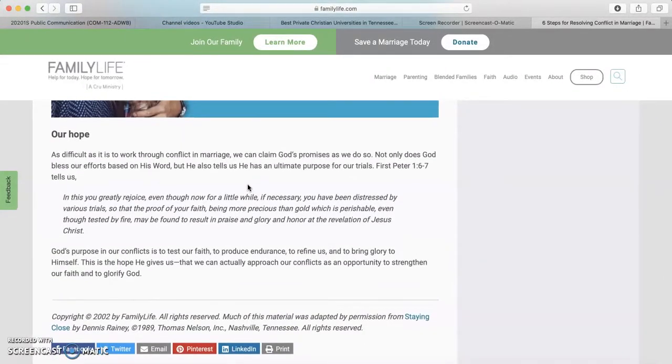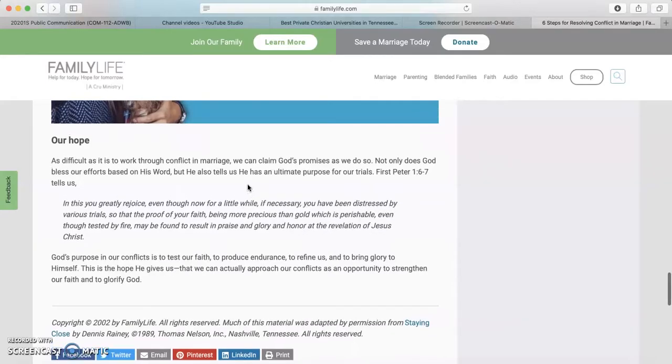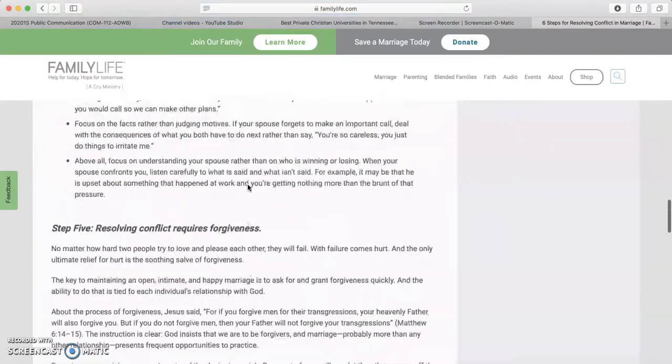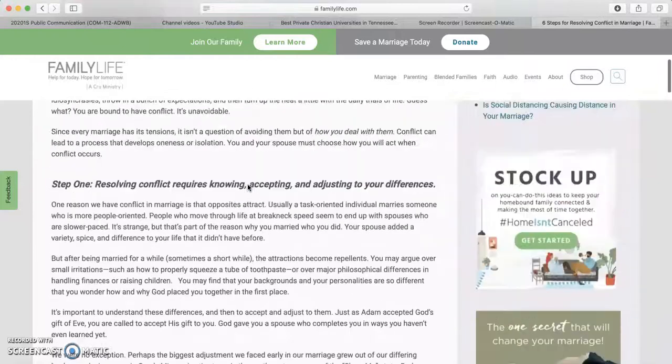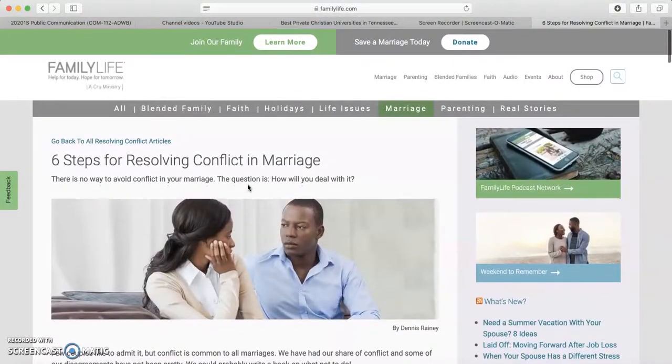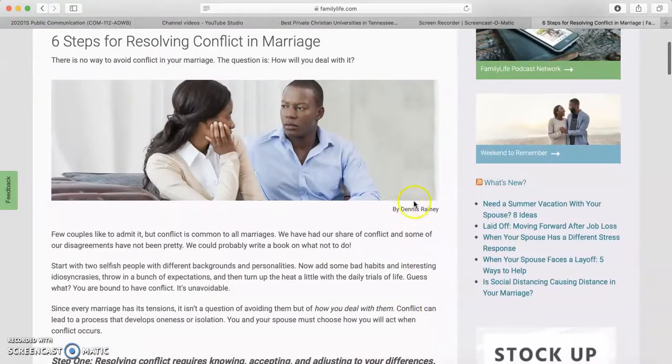I don't see an author for this article, so I would immediately say I can't identify what makes the author an expert on the topic. Oh, I'm sorry, Dennis Rainey. So oftentimes, let's say that we couldn't find the author. If I can't find the author, I automatically can't verify whether or not it is a credible source, so I don't use it. Once I do find an author, like I do here,